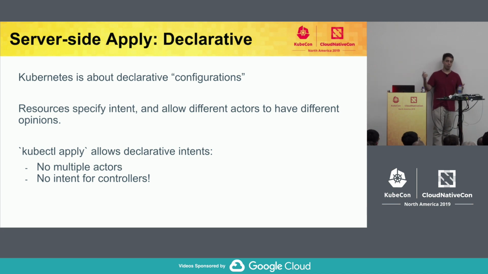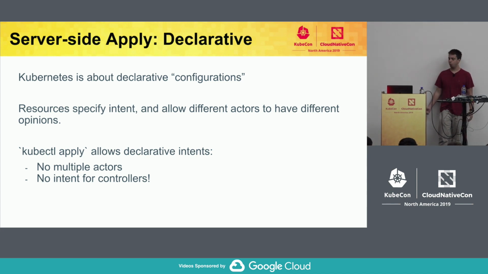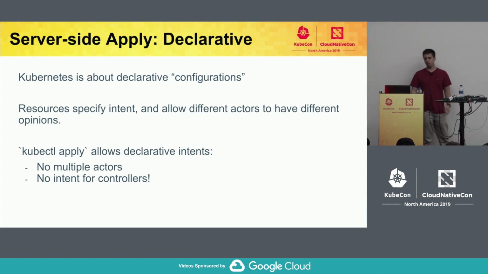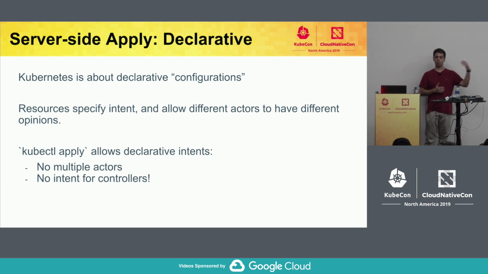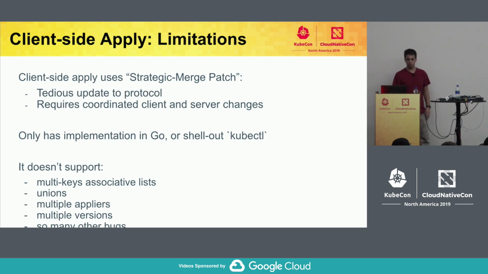They have to either fetch the object, modify it the way they want it to look like, and then update it, or they have to build a complicated patch. Sometimes it's very hard because if they want to do a strategic merge patch, it just doesn't work. So it's very hard to write a controller that is going to specify an intent. So we considered these use cases.